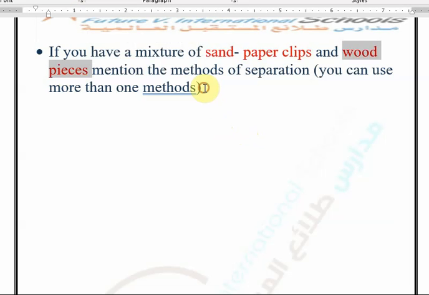So, what are the steps to separate this mixture? The answer: